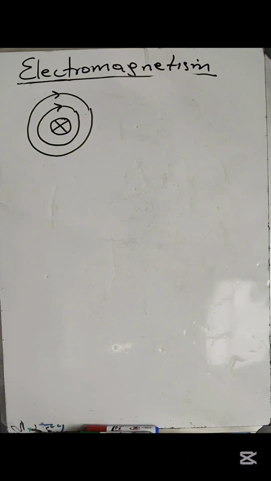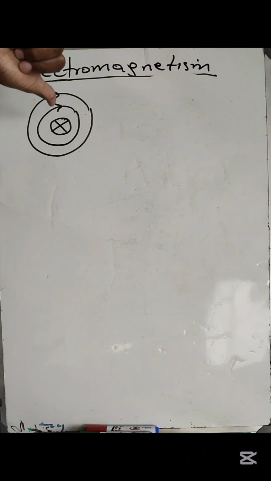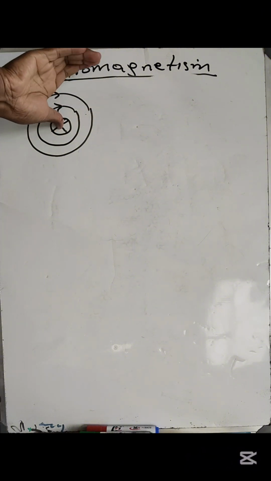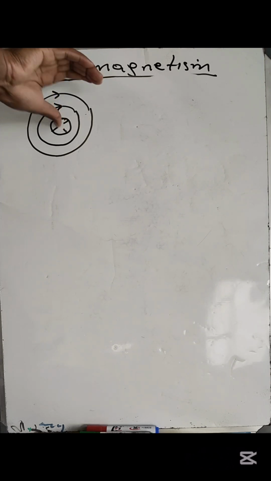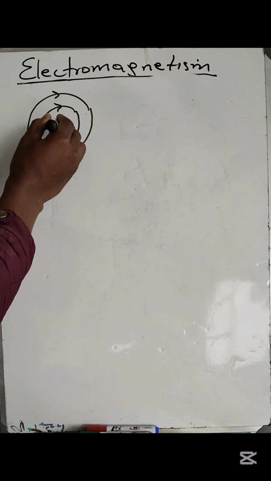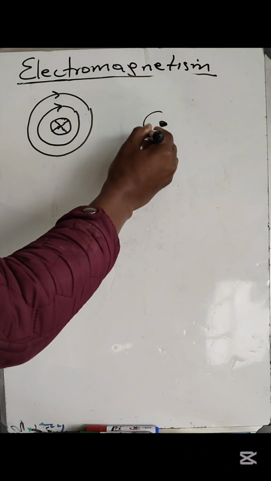Or you must know that the current is moving into the paper, which means this is your thumb, into the paper. Therefore, look at the curled fingers: they are in a clockwise direction. So that is this one. So we also have this one.